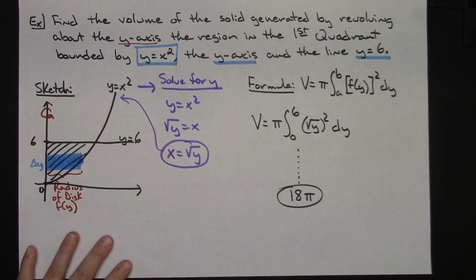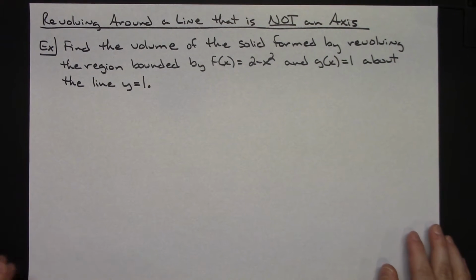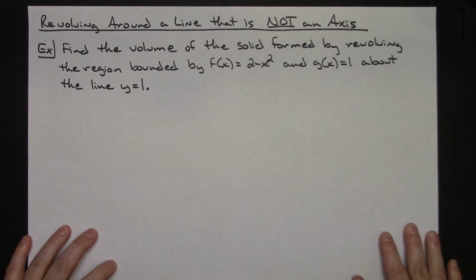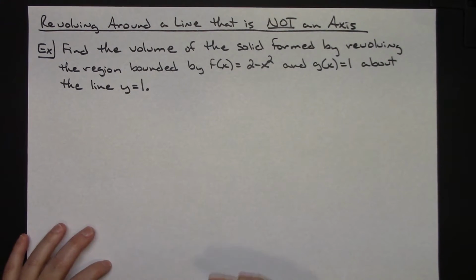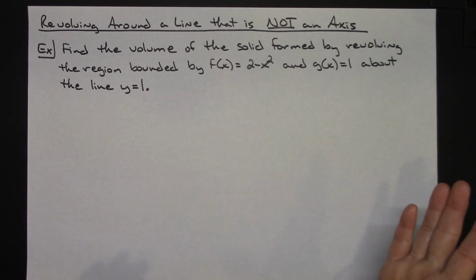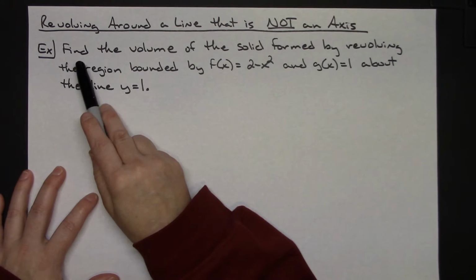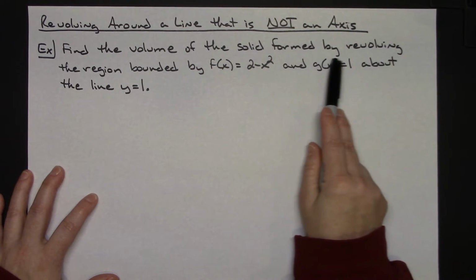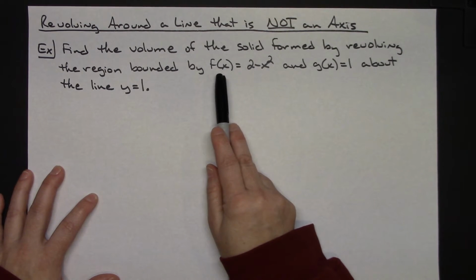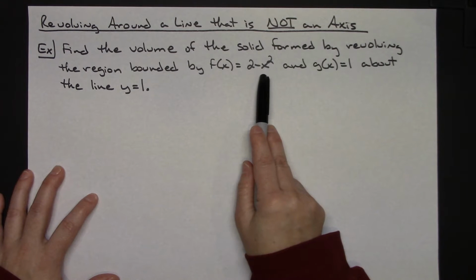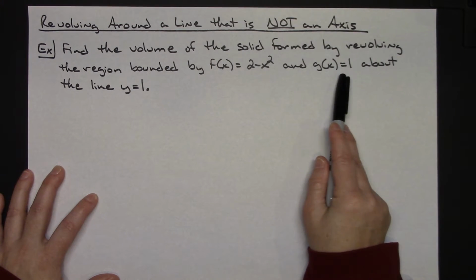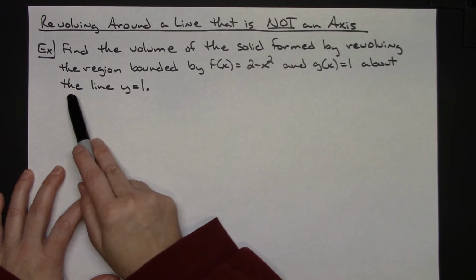Now for the last example. In this last example, we're going to revolve around a line that is not an axis. That's a pretty common thing that happens a lot. They start you out revolving around either the x or the y-axis, and then they start taking you away from that. So in this example, it tells us to find the volume of the solid formed by revolving the region bounded by f of x equals 2 minus x squared and g of x equals 1